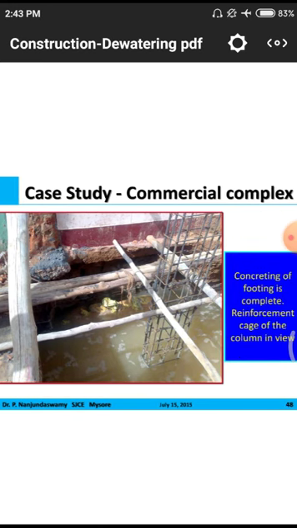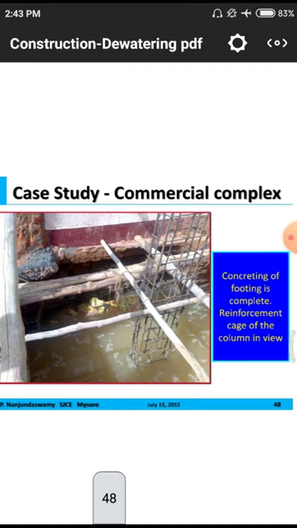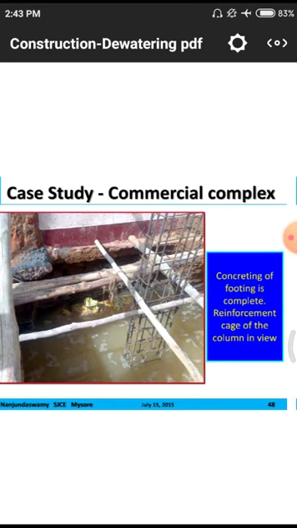After that they constructed a footing. That means a particular footing is constructed, and they simply fed water, and they gave a particular support using these bamboo sticks. Why? Because if they didn't give the support, due to this water content the total pillar will sink in a particular direction according to this water content. So concreting of the footing is complete.